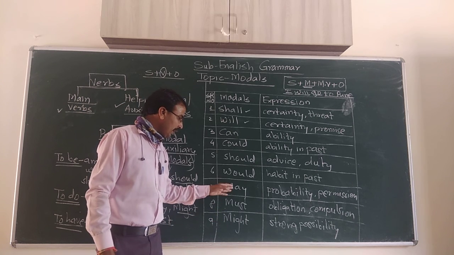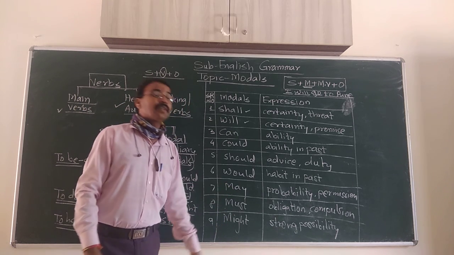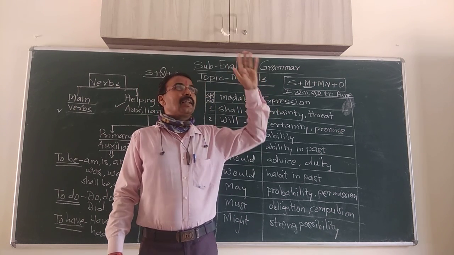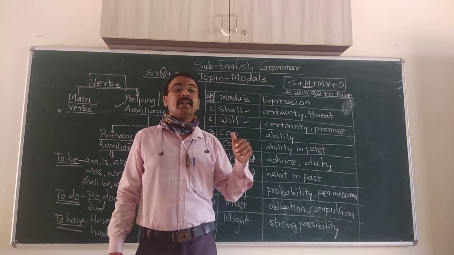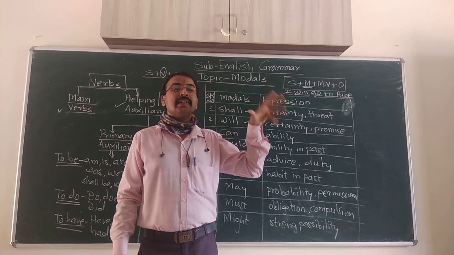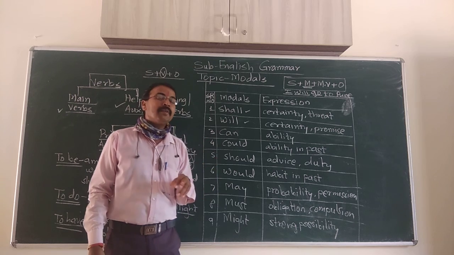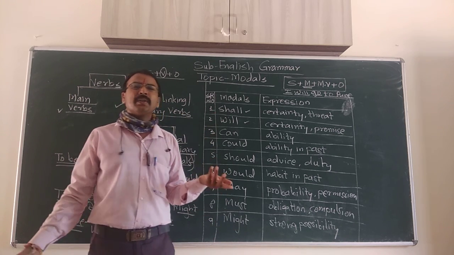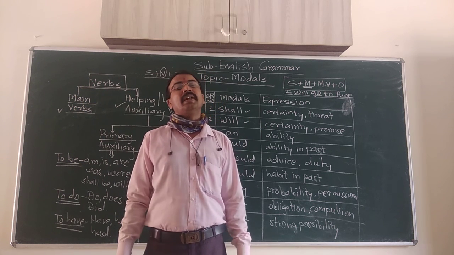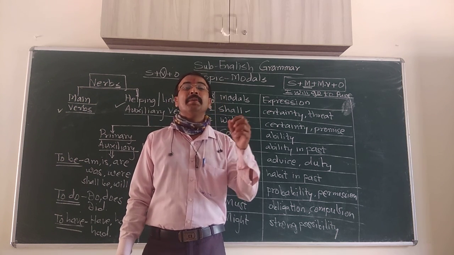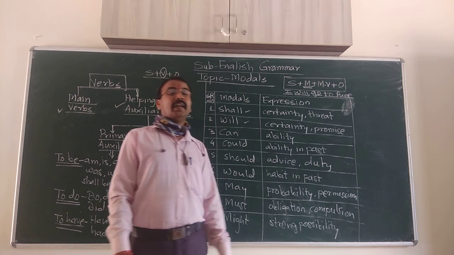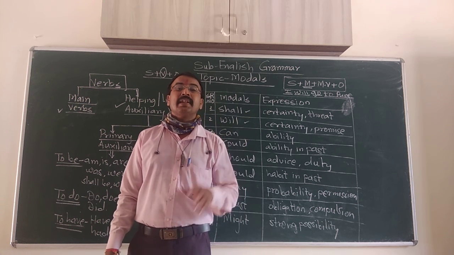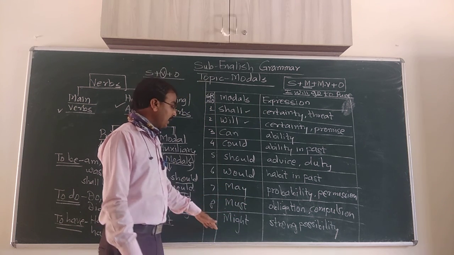And the last, might. Already I told you, may shows less possibility. Might shows strong possibility. What type of possibility? It might rain today. If dark clouds gather in the sky, if it is thundering, a cool breeze is blowing, then these are the signs of rain. So at that time we can say it might rain today. It may rain today, less possibility. There are no signs today about the atmosphere, about the weather, but still we can say it may rain today, but there is less possibility. And when we say it might rain today, that is strong possibility. I have judged the signs, so I can say that it might rain today.